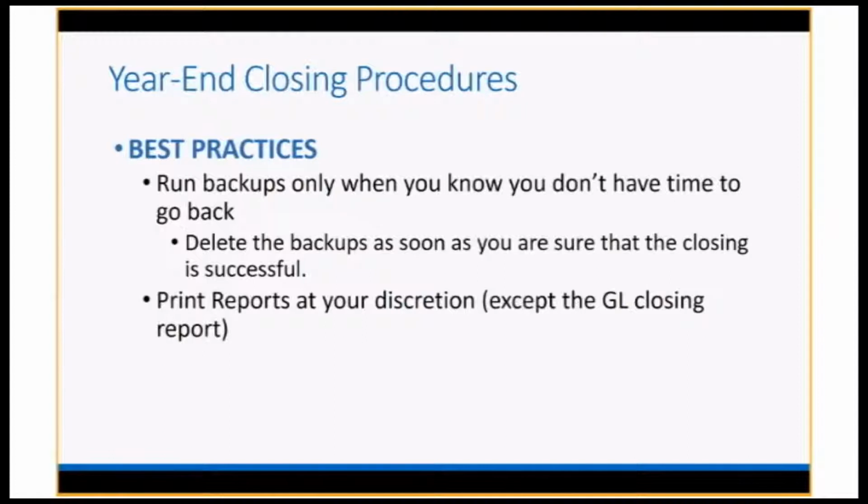And then the second best practice on that document, it tells you to print reports at the end of each one of the modules, completions. I say no, don't do it. The one that's for AR is like ridiculously long, hundreds, thousands of pages for some of our clients. The fact is, you can go and get that information anytime you want anyway with backups,